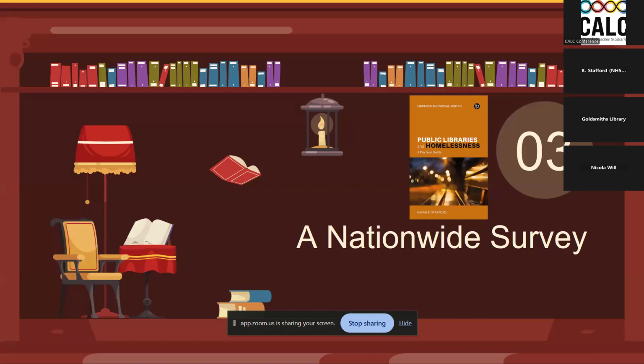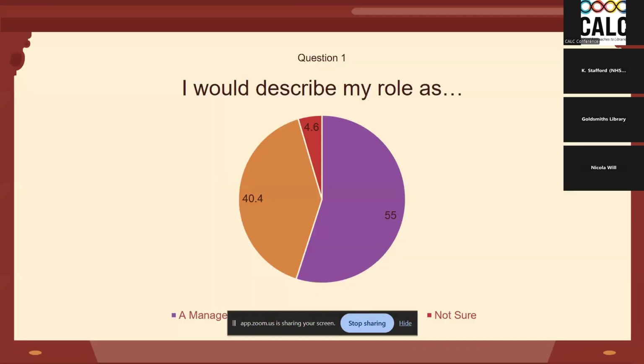So let's move on. The moment you've all been waiting for. Through late 2024, as part of that book on the screen there, Public Libraries and Homelessness, I sent out a survey throughout the whole of the UK with a view to analysing and discussing the results in that book. It was a Google Forms questionnaire consisting of 13 questions. It was distributed throughout the UK in a variety of channels, including